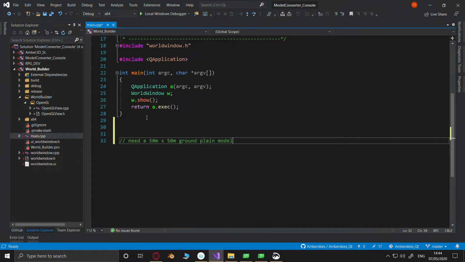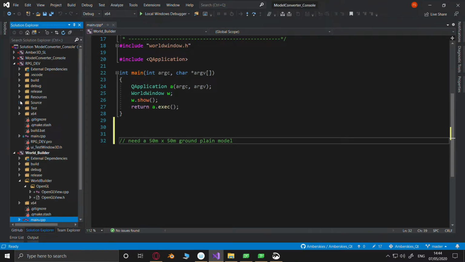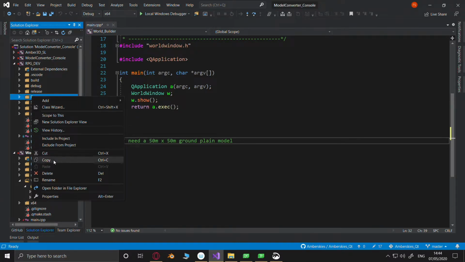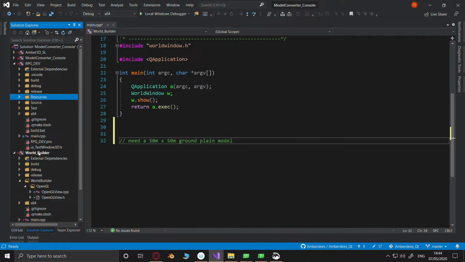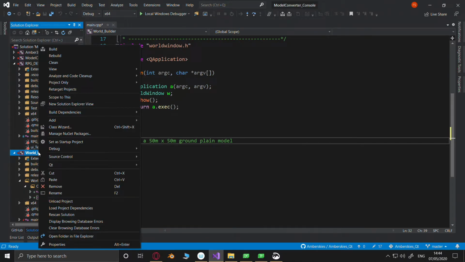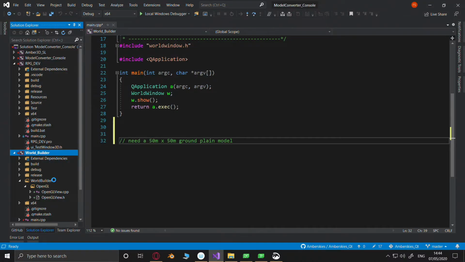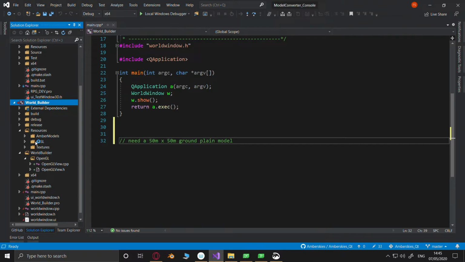Where are we going to put it? In resources, of course. Let's have a look. Where do we currently put them? Copy. Paste. Where's paste gone? Okay. So resources, we have Amber models. That's where we're keeping them.